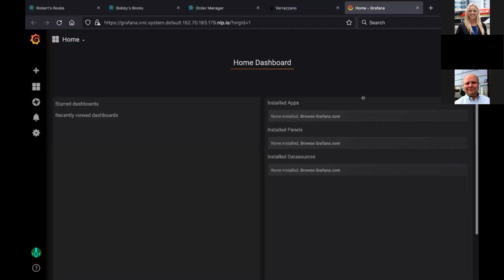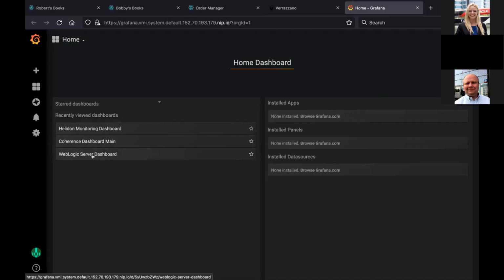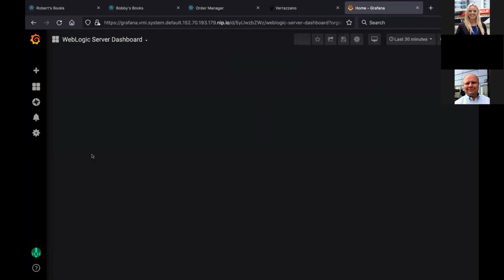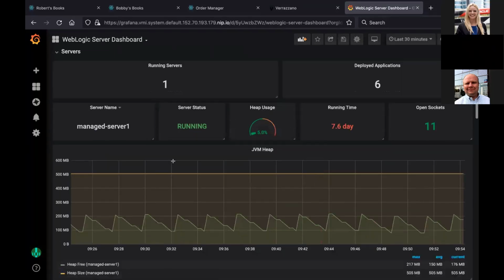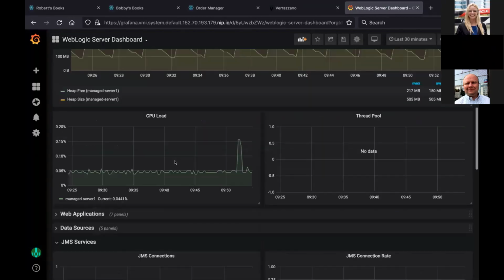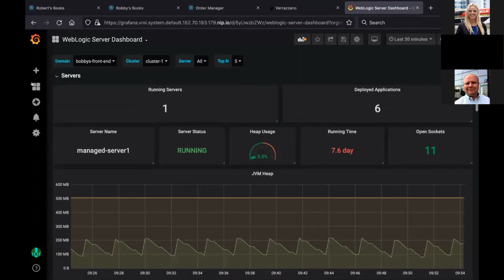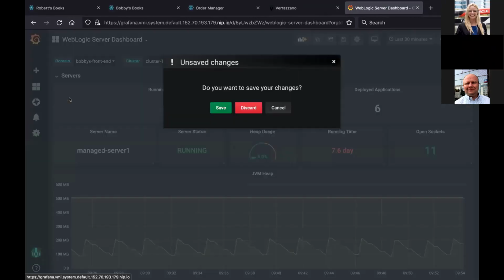We can navigate through the different dashboards that are giving you a view on different components. Like, I don't know, you can navigate to the WebLogic dashboard, see which servers are up and running. There is only one managed server, containers, components, applications. If you come back to the home,